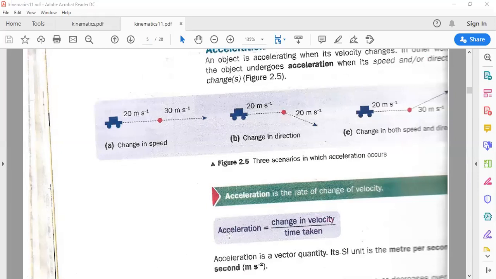Yeah, but in case of retardation, Zainab, it means that the car is slowing down. The velocity is decreasing. When the car speed is increasing, it's acceleration with a positive sign. But when the speed is decreasing, it's retardation. When you come to a red light, or when you park your car in a garage, you need to slow down the speed. So you put on the